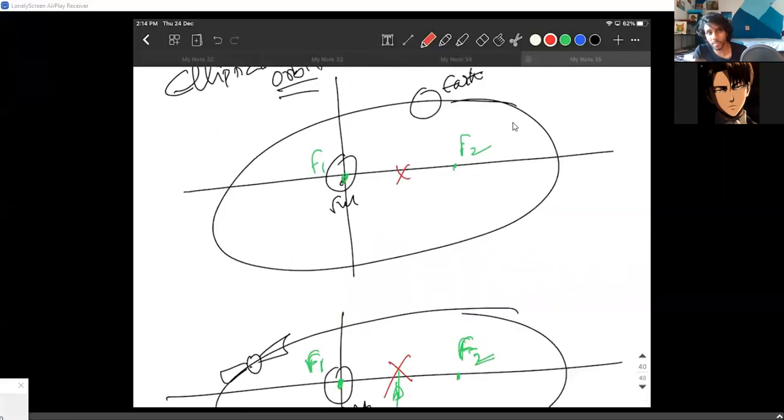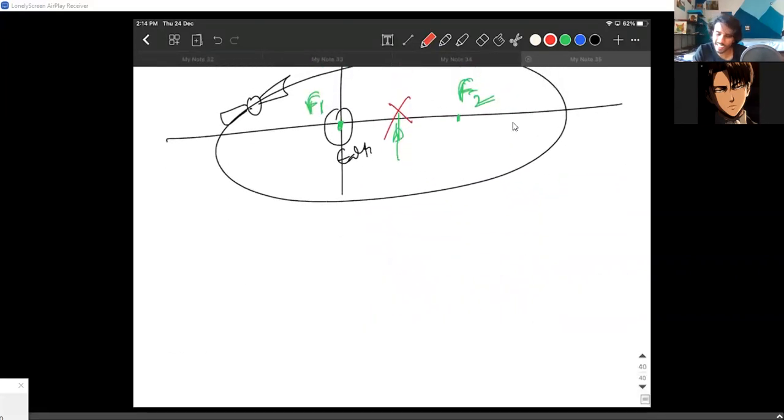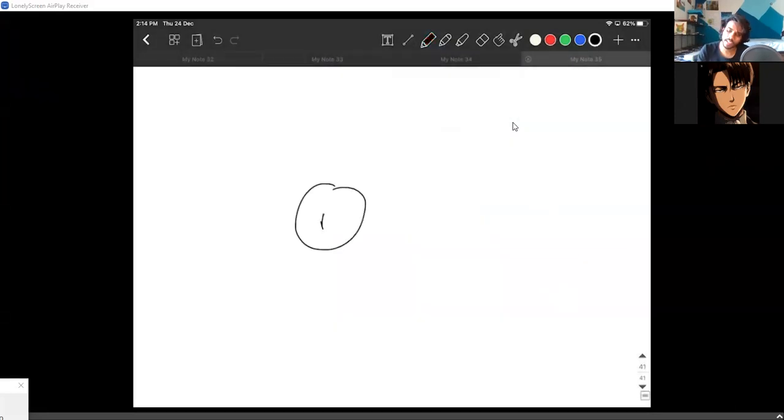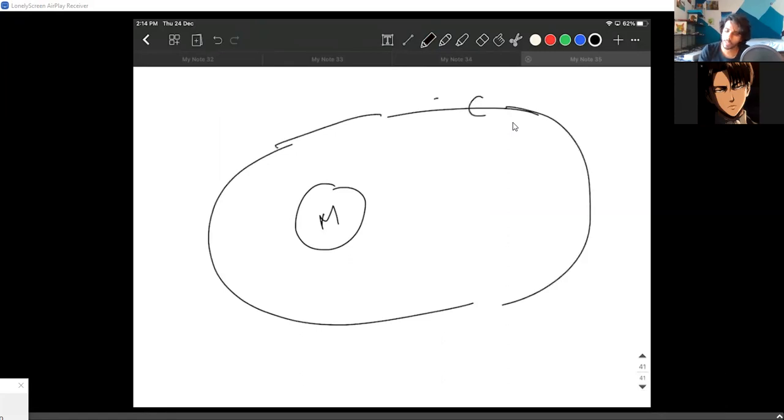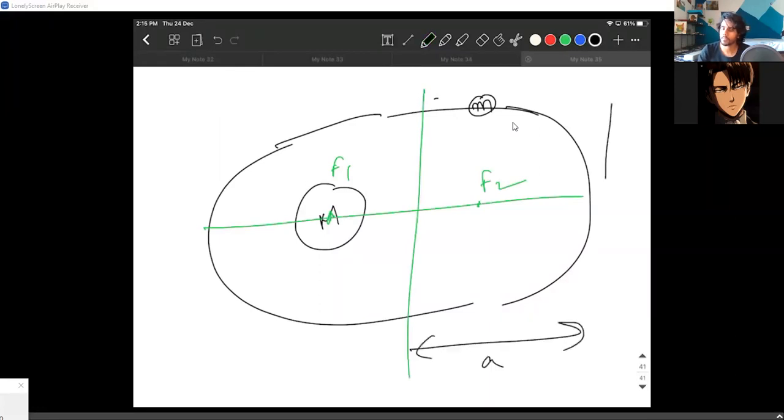I'm not going to deal with both the cases. We are going to only deal with one. Take one case only, it's completely similar. So I'm going to take one body capital M, the other body small m going in an elliptical orbit. So one of those bodies must be at one of the focuses f1, f2. All the properties must be the same, a, b, everything. Okay, so you can clearly observe one point.